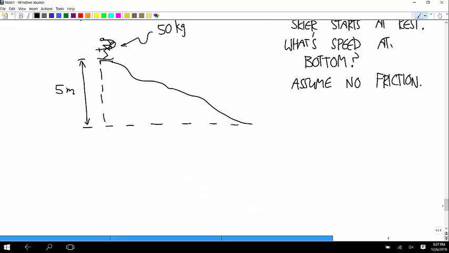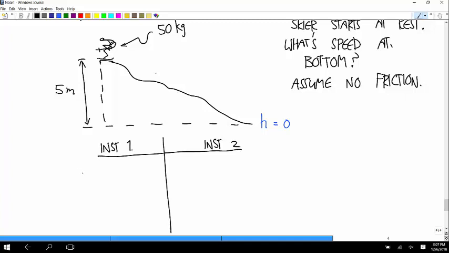Okay, so like we were talking about before, you get to choose an h equals 0. Let's choose our h equals 0 to be here. Why not? Whatever you choose as your zero height, that is to be the zero height for the whole problem. And now I'm just going to set up a little table with instant 1 and instant 2. Okay, so at instant 1 on the top of the hill,